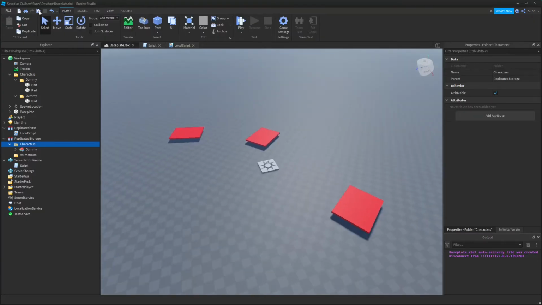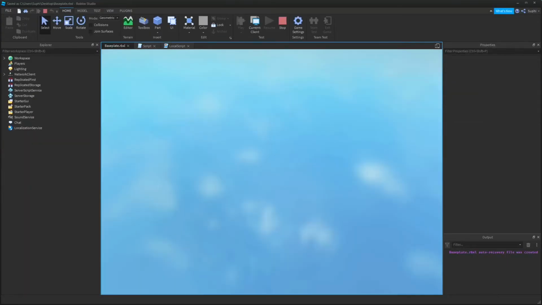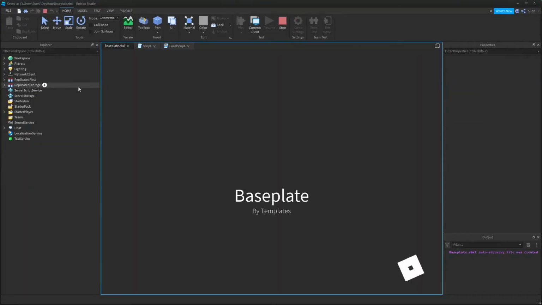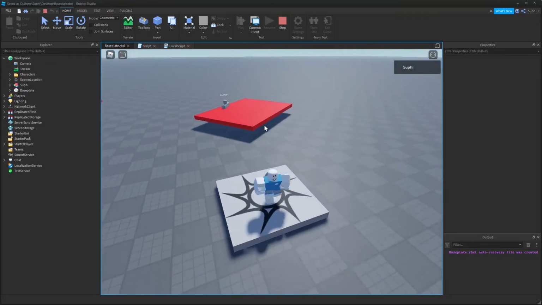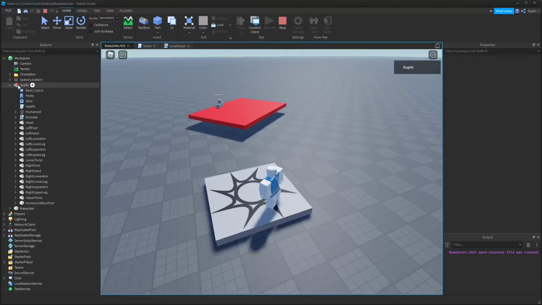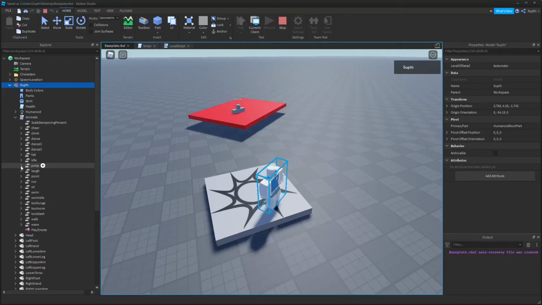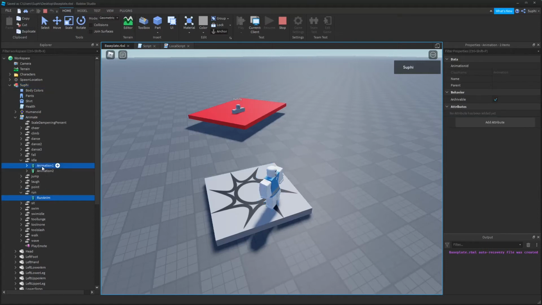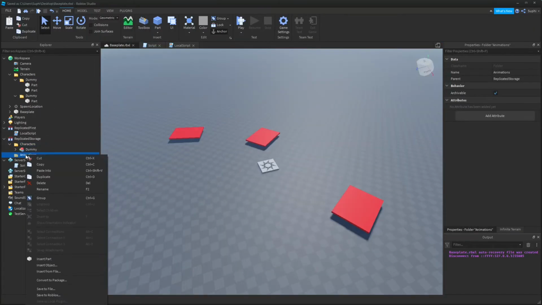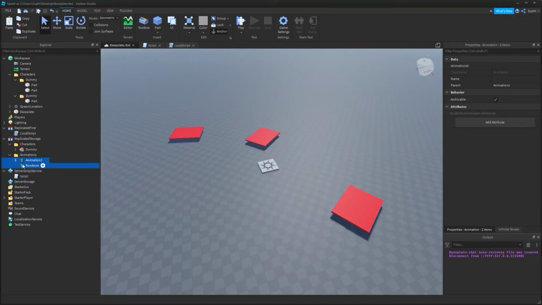So to do this, I'm going to play the game and I'm going to open the workspace and I'm going to open my character model, and under animate I'm going to steal the idle animation and I'm going to steal the run animation. So I'm going to copy these and then I'm going to stop the game and then I'm going to paste them into the animation folder